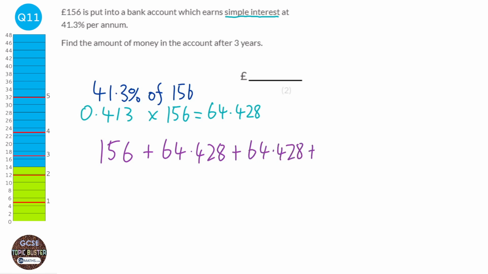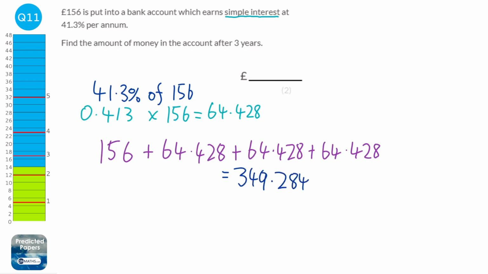I could do this a bit easier by timesing it by 3, or we could add it 3 times. Either way, we get the answer of 349.284. But because it's money, we need to round to 2 decimal places. So our answer will be